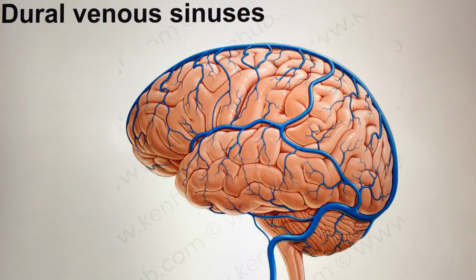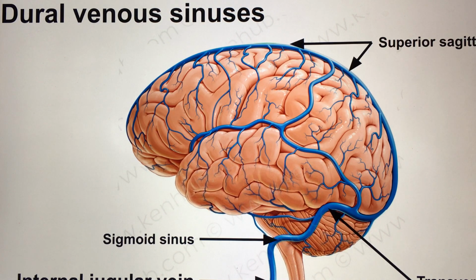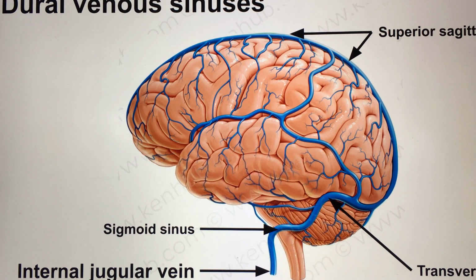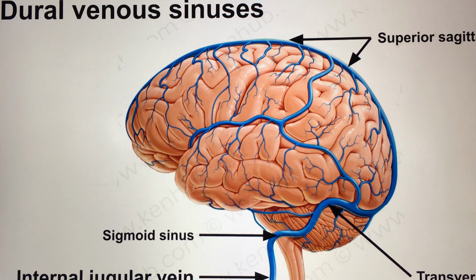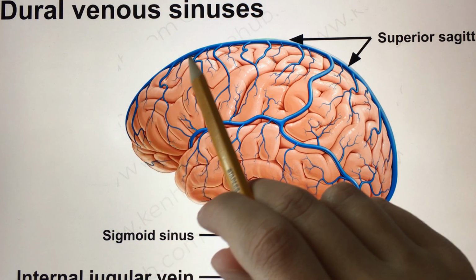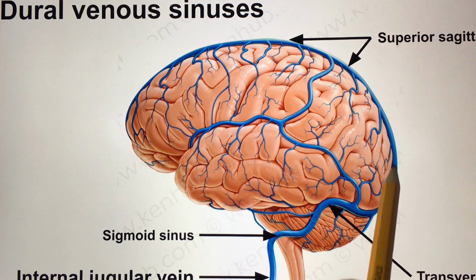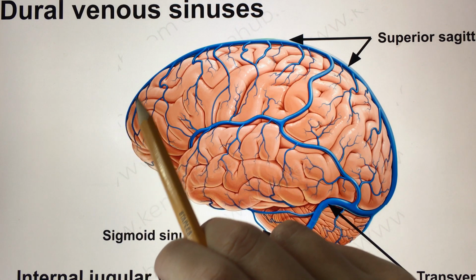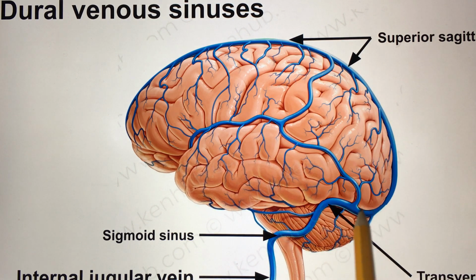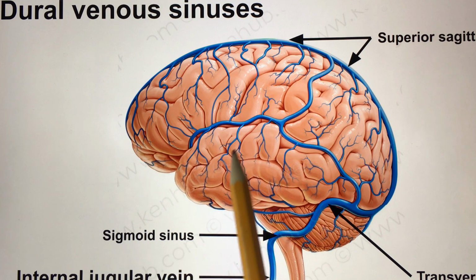It's depleted of oxygen, and it contains the waste products that the brain could get toxicity from. So that blood needs to be removed. There's quite a few dural venous sinuses. The largest one is along the midline of the brain, and this drains into the internal jugular vein that drains it back to the heart. I'm going to go back to this picture later. I want to review the anatomy of the brain because